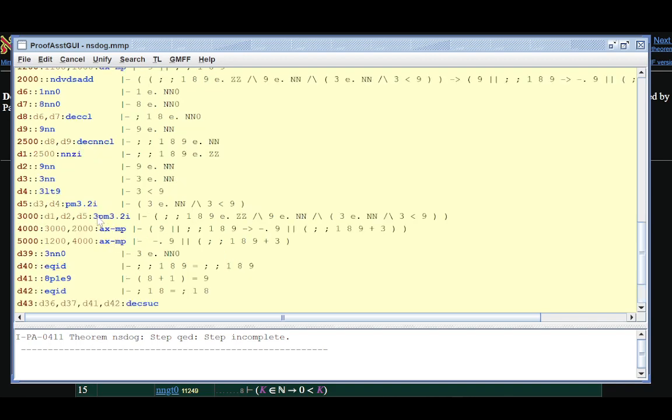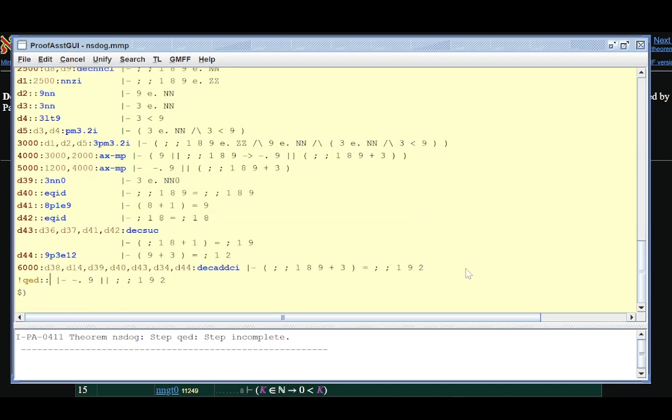Has it done all the proving of that? I think that's filled it all in correctly. And then 7,000. 189 plus 3. So we have 189 plus 3 is 192. So therefore, not 9, 192. So I think it needs one more step, right? It's just because it's having a little bit of trouble linking those two things together. So then we say if and only if